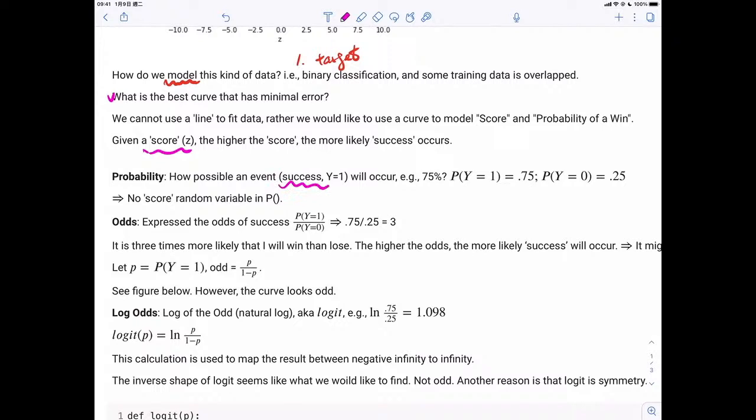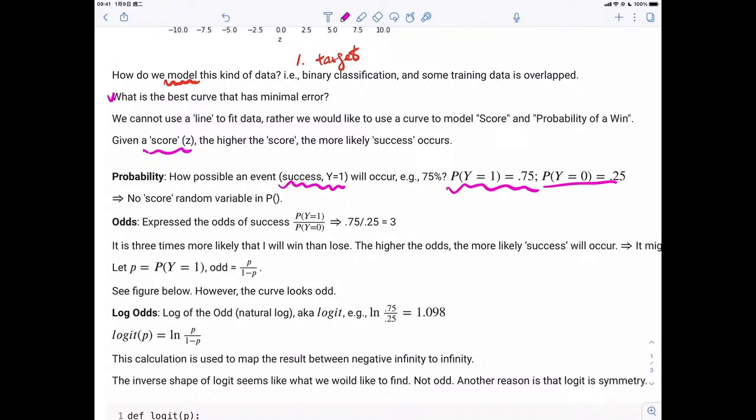We define Y as a random variable, where Y equals 1 means success. Usually you write it this way: the probability of Y equals 1 is 0.75, which means you have a 75% probability of winning this game. On the other hand, because Y is a binary variable, the probability of Y equals 0